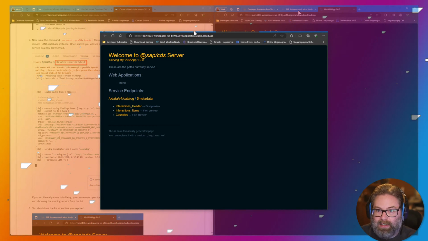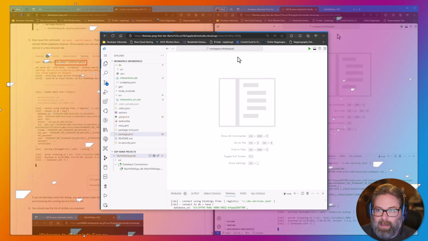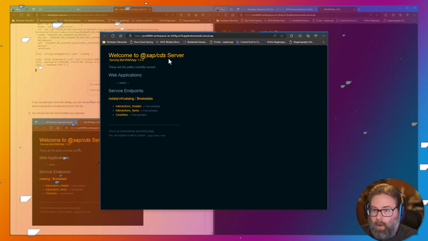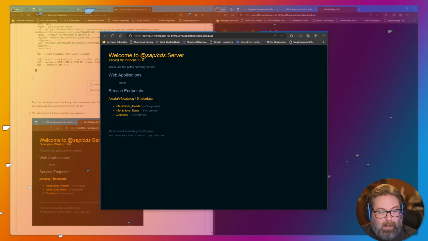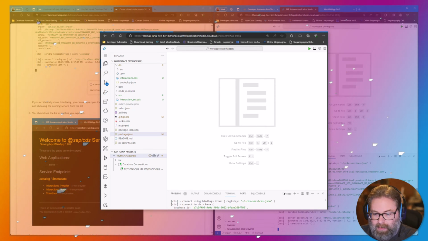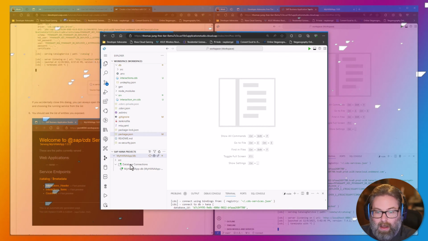And this is the service that's running right here. And we see the test page for the Cloud Application Programming Model here. And the other thing, if you miss the little pop-up and you don't want to Control-click on there, there's another way to open this as well.